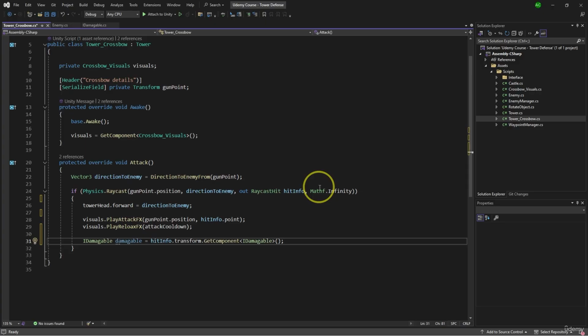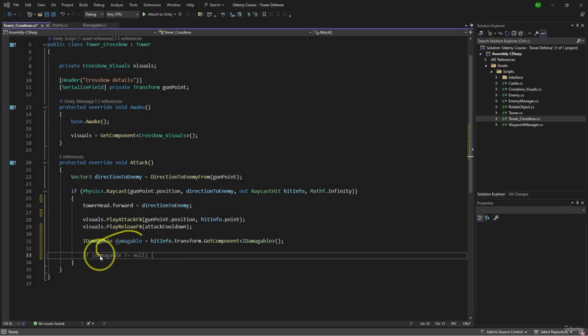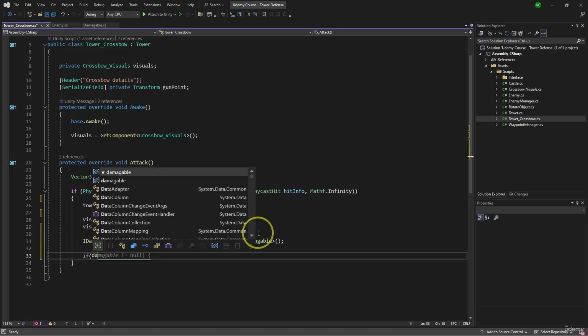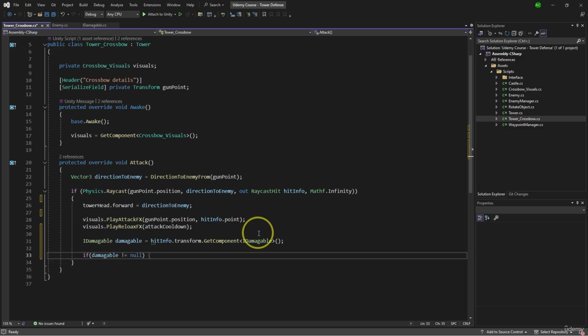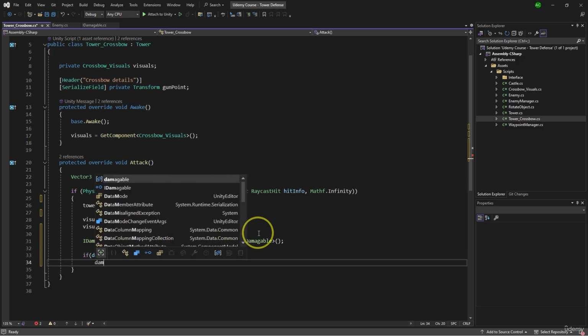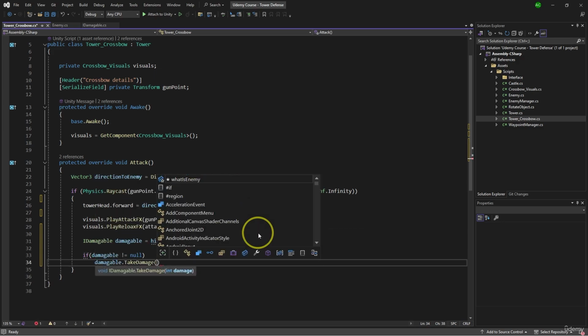Now, if we find any damageable component on the object that we detected with a raycast, we're gonna have it assigned into this variable. Otherwise, it's gonna be null. And then we're gonna check if damageable not equals to null, then damageable take damage, and we're gonna pass damage